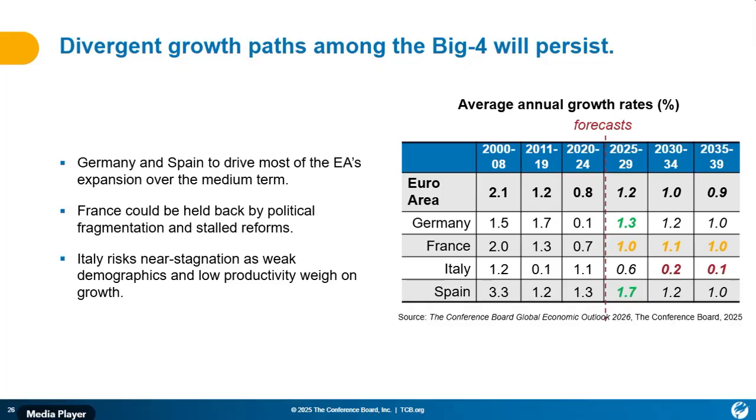The very low productivity growth. Just to give you an idea, Italy is the only economy where productivity levels haven't even returned to the levels they were in 2019. And of course, let's not forget that it's the country with the second highest debt. So demographics, low productivity, and a debt that is already quite high creates a very explosive mix, both for growth dynamics and for debt sustainability itself, right?